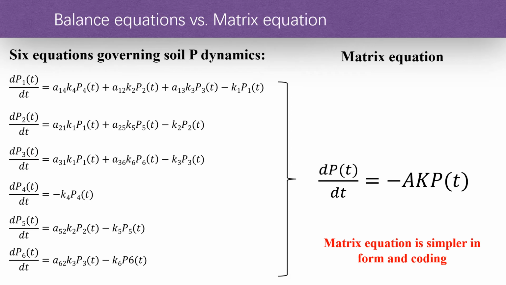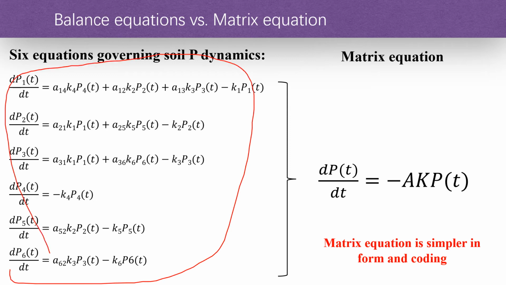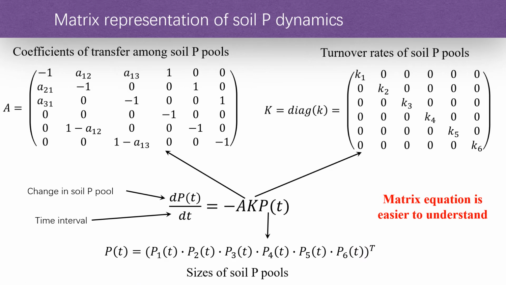These processes can be mathematically described by the 6 equations here, or by the 1 matrix equation. Clearly, the matrix equation is simpler in form and also in coding. The matrix model is also much easier to understand. Here dt